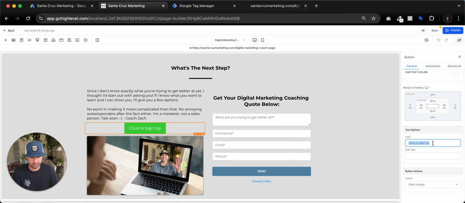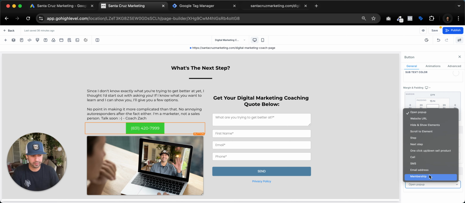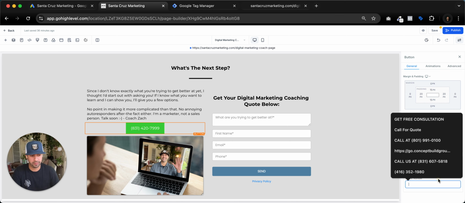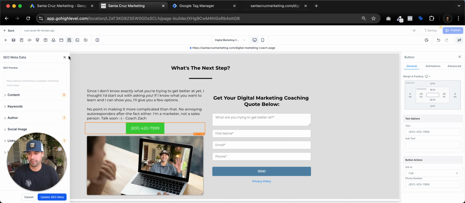We can just put our text as being our phone number. I'm not going to put my real number just in case. And this is going to be our call. So we have a phone number inside of here, and I'm going to click save,